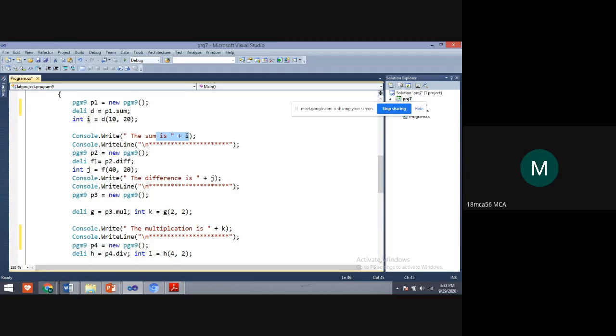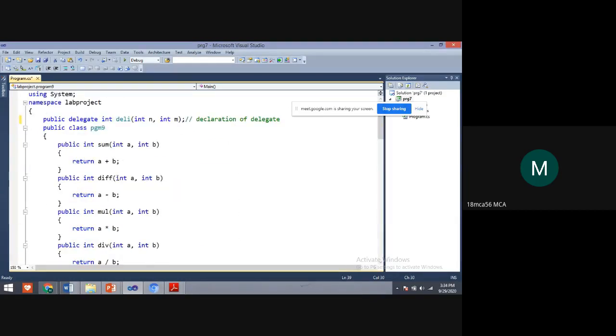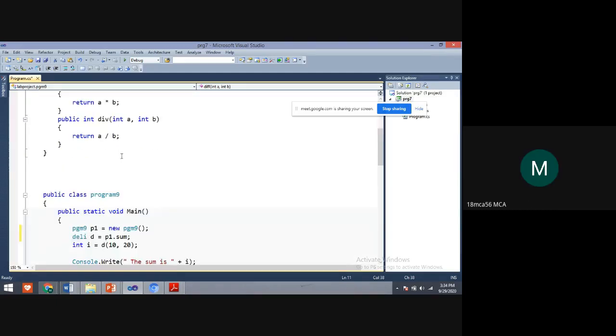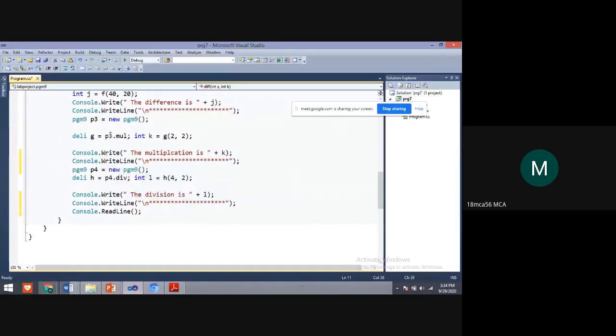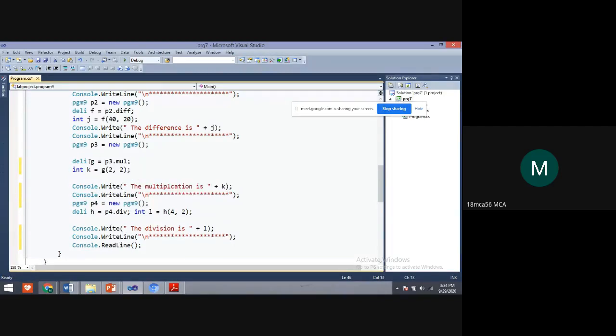Next, P2 is another object for the next method. What is the next method, students? Difference, multiplication, division. Like that, for each method I have created different delegate objects.